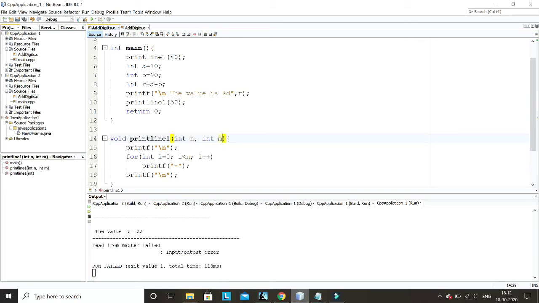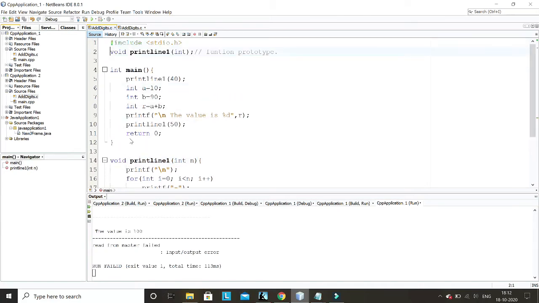If there are two parameters here, you have to supply two values here also, like this. This is according to the requirement. Here my requirement is that supplying one parameter is enough. But always remember, the head of this definition must be the same as the declaration. In the declaration also you have to write integer, but in a function declaration or function prototype, writing the variable name n is not required. Just mentioning the type of the parameter is enough. Again, these are called parameters.